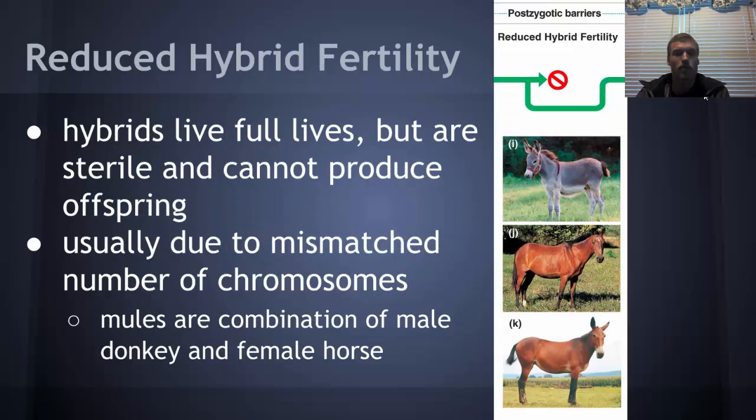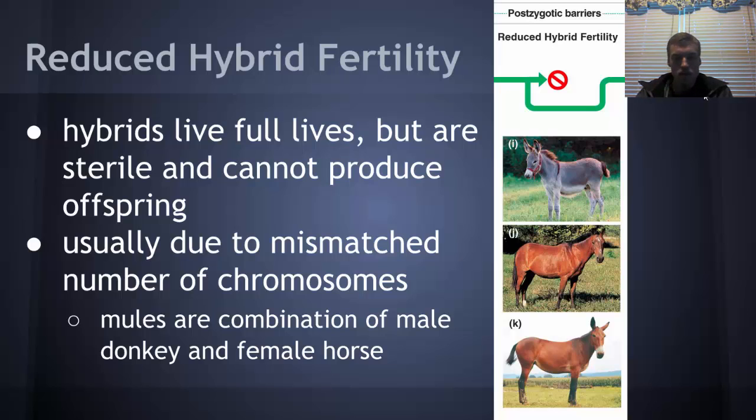Next, we have reduced hybrid fertility. This is where hybrids live full lives, so they're totally viable. However, they are sterile and they cannot produce viable offspring. A great example of this is a mule, and a lot of times it's due to mismatched